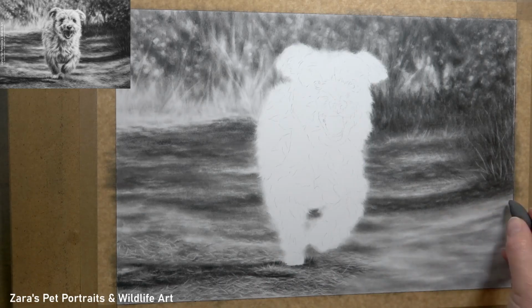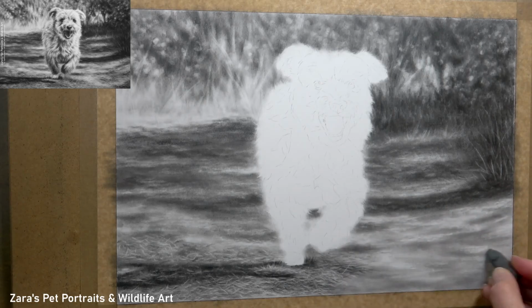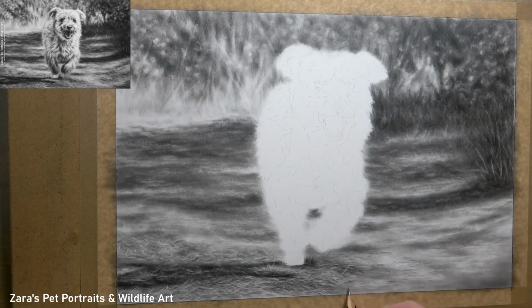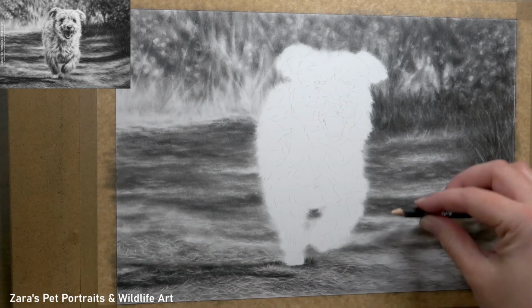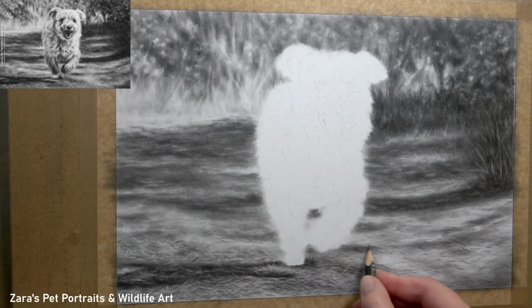So one of the things that I do to establish that is I don't work with my erasers or my graphite pencils from left to right. I'll usually work at the top, the bottom, the left, the right, and then I'll mix that up as I go. Although I'm working in smaller sections, I won't just work in that small section from top to bottom or left to right. You can really see that in this corner here, how I'm moving from each little area within